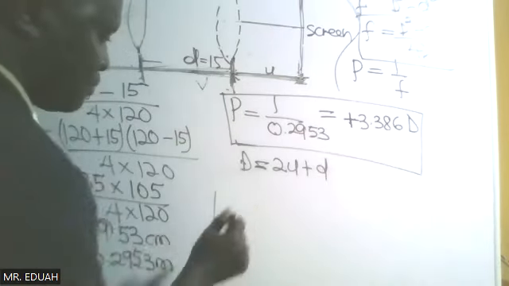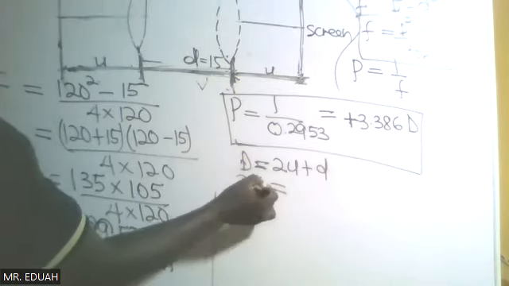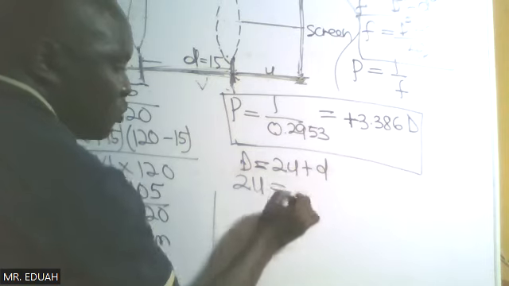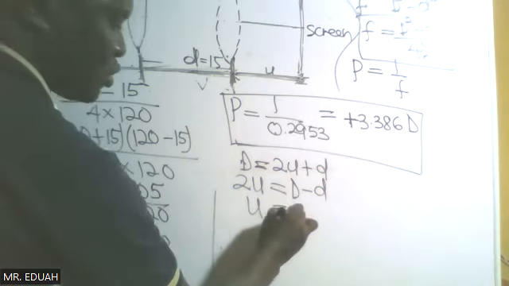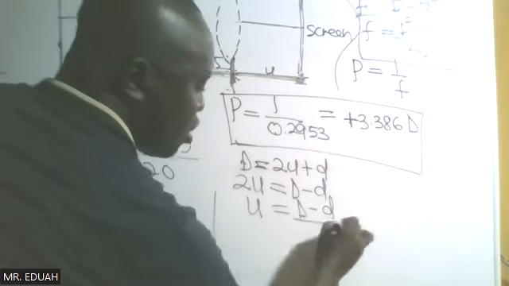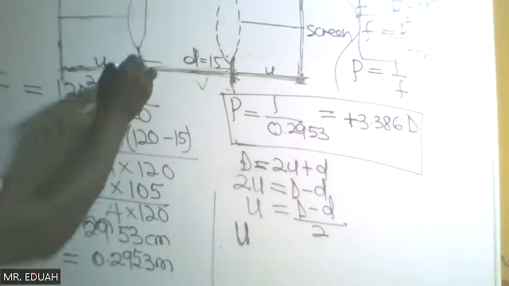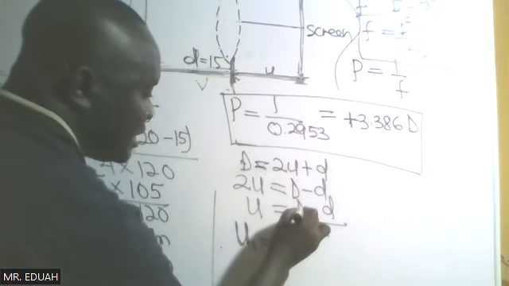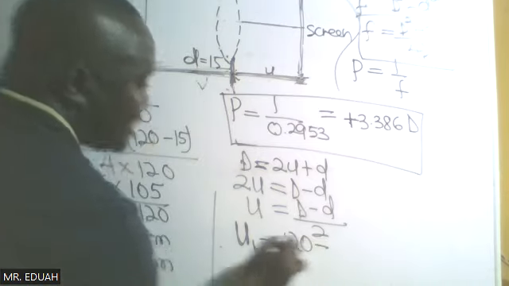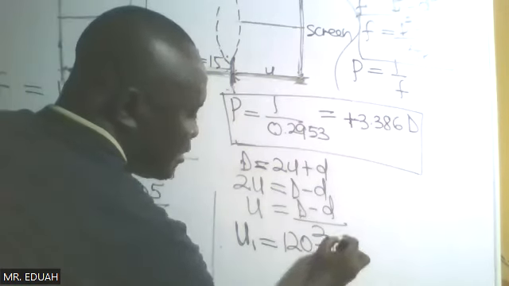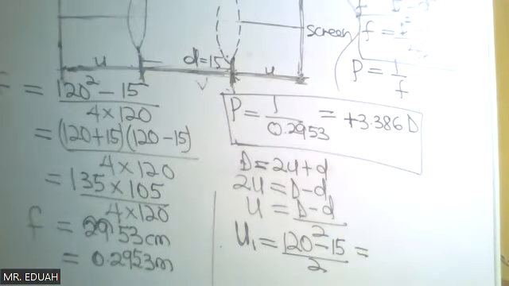Now, if I make 2U the subject, I'm looking for U. 2U will be equal to D minus small d. Therefore, U is equal to D minus small d all over 2. So I have the first lens position, U1. And this can be calculated from D, which is 120, minus 15, over 2. And U1 is equal to